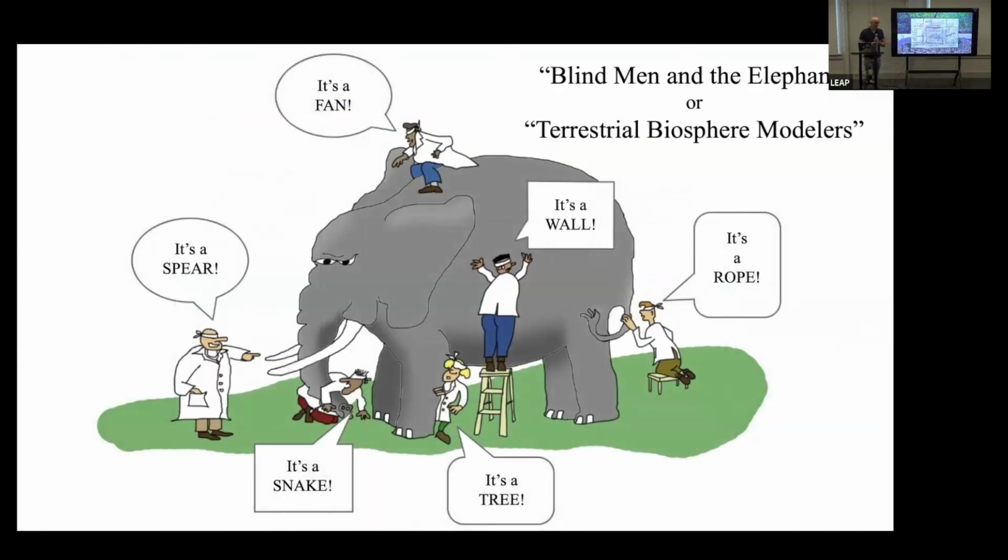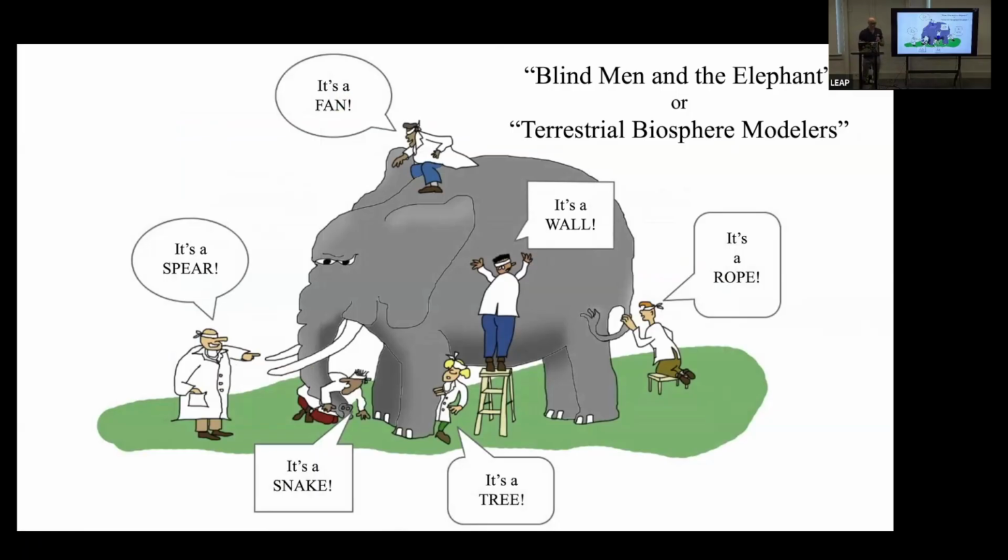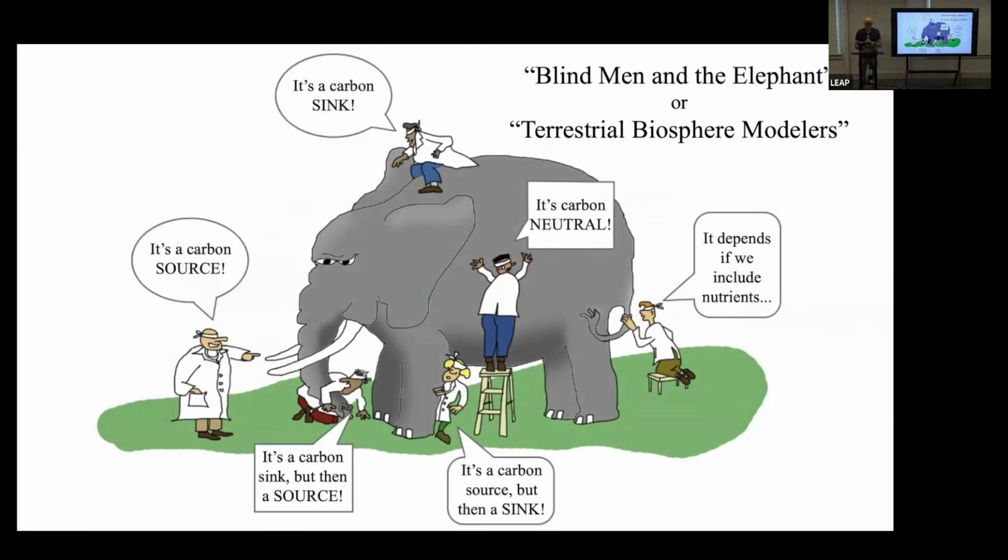I kind of liken the modelers to the blind men and the elephant, right? Everyone's saying something different, but everyone's saying something kind of similar. And it's that which we cannot see, the elephant in the room, which is the future of the earth. But maybe if we start to piece these together and understand our representative biases, we can start to figure out what the true picture is. So what are our biases?